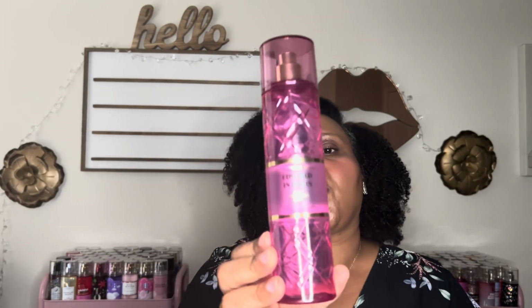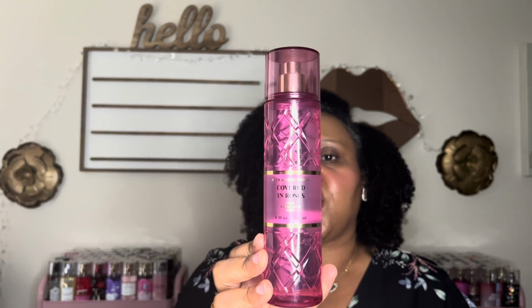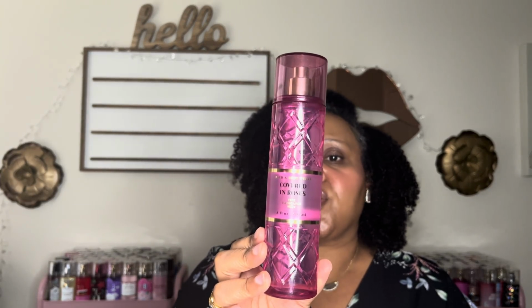Okay, the next fragrance we're going to talk about is, where is it? Covered in Roses. This has fragrance notes of ruby berries, sugared rosebuds, and blush amber. Okay, this one played a little tricky, was messing with my nose and mind for a minute. This is supposed to be a dupe of Parfums de Marly Delina, which was my first ever niche fragrance. First love, my first